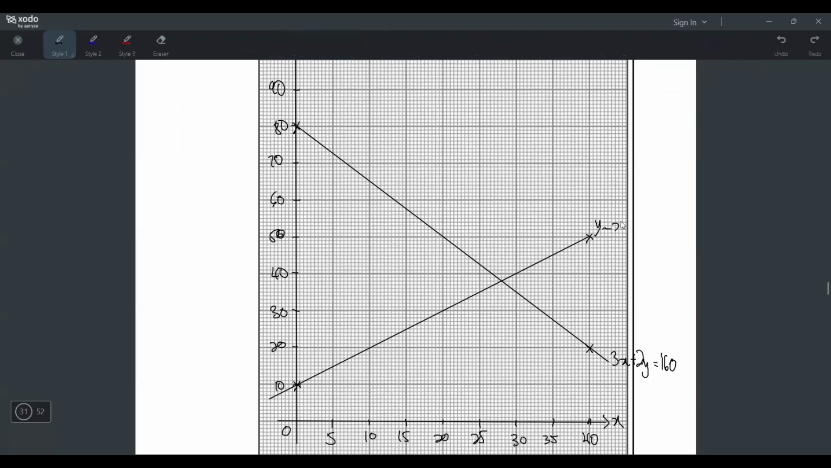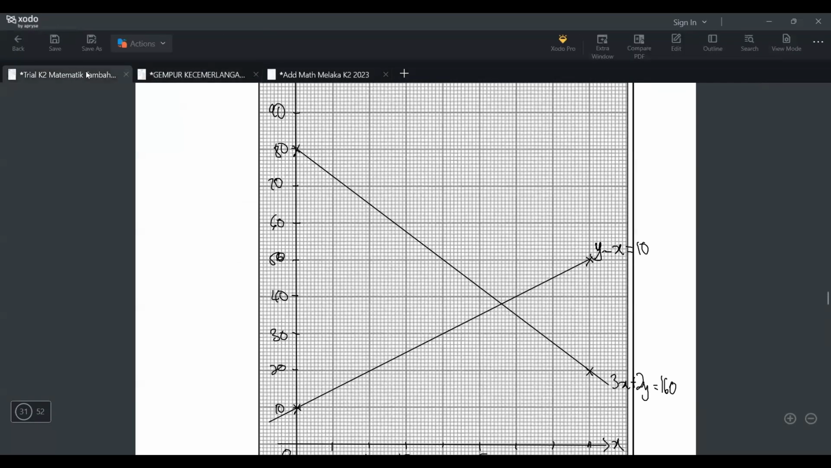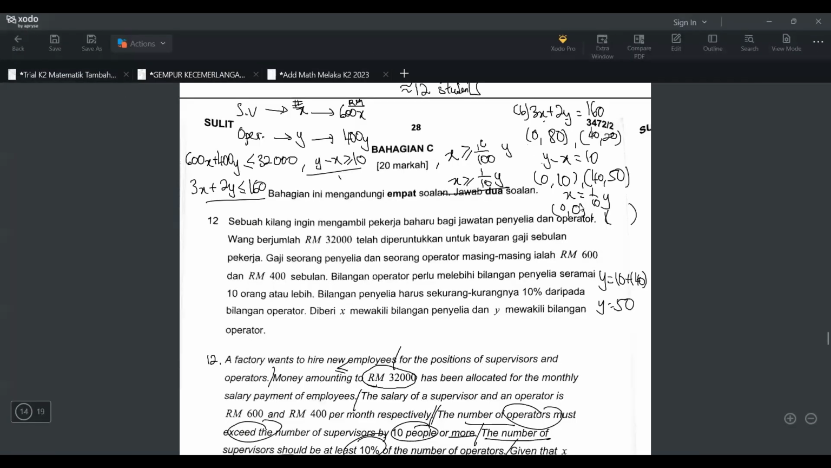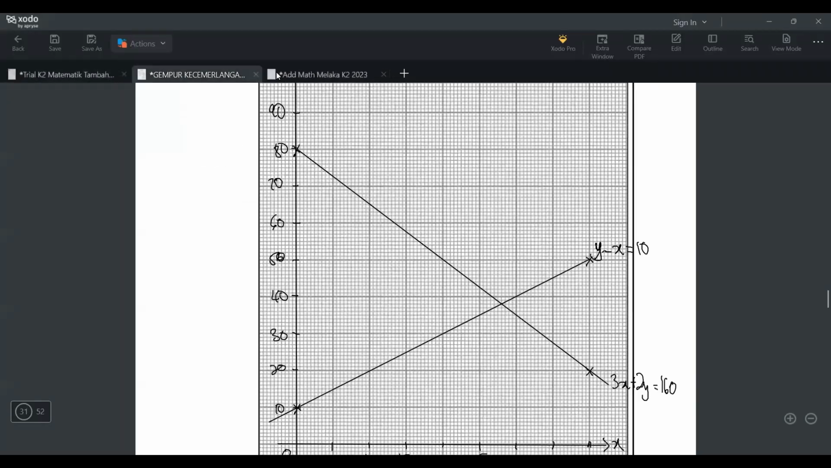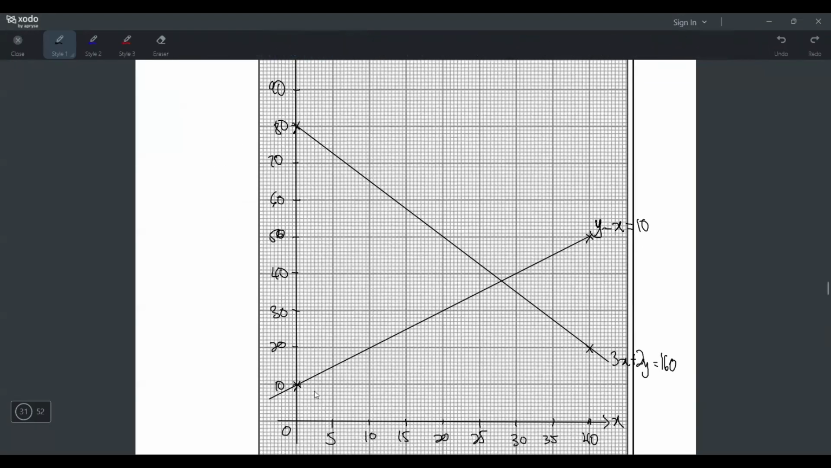Y minus x equals 10. Okay, now for my last line, the last garisan. So what is the last garisan? 0, 0. Okay, let's plot first. 0, 0. Where is it? So it's here lah. Okay, I need to find another point